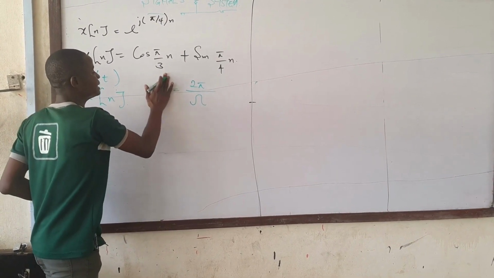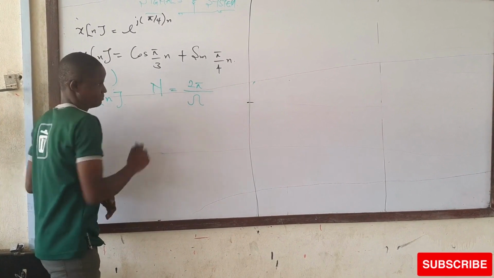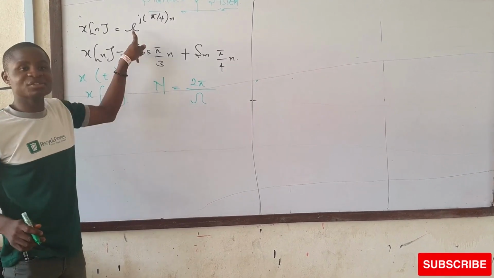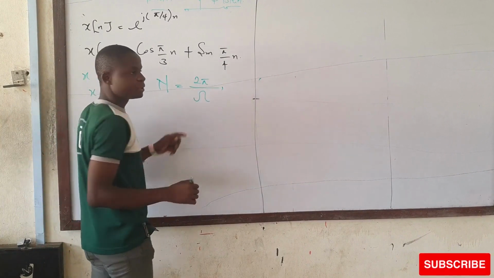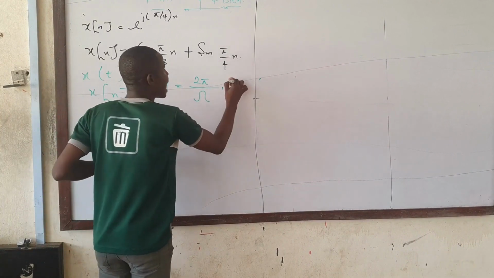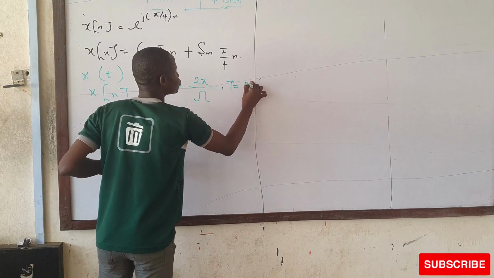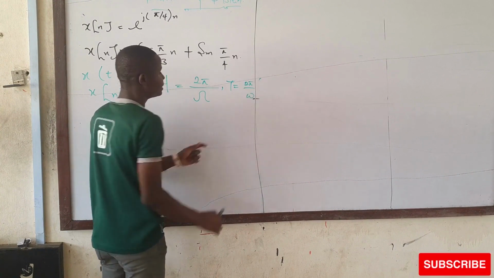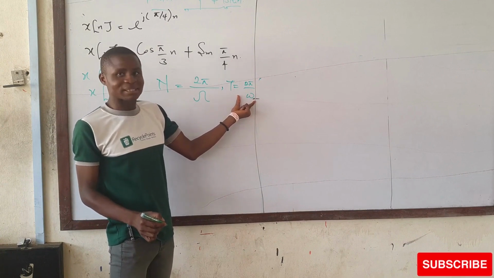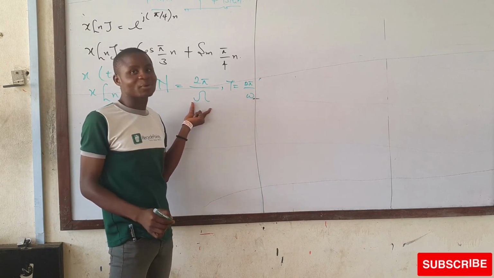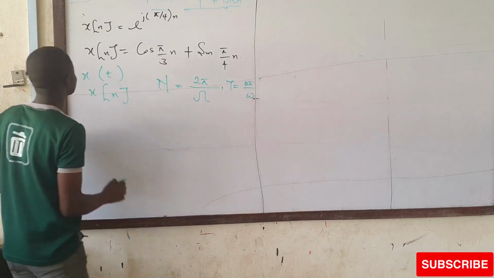And we don't call it T in this case, we call it N. We don't call it T in a discrete time signal, we call it N. Under the one we've done before, I actually did write T is equal to 2 pi over omega. This is because that is meant for continuous time signals, and this is meant for discrete time signals. So now let's move on.